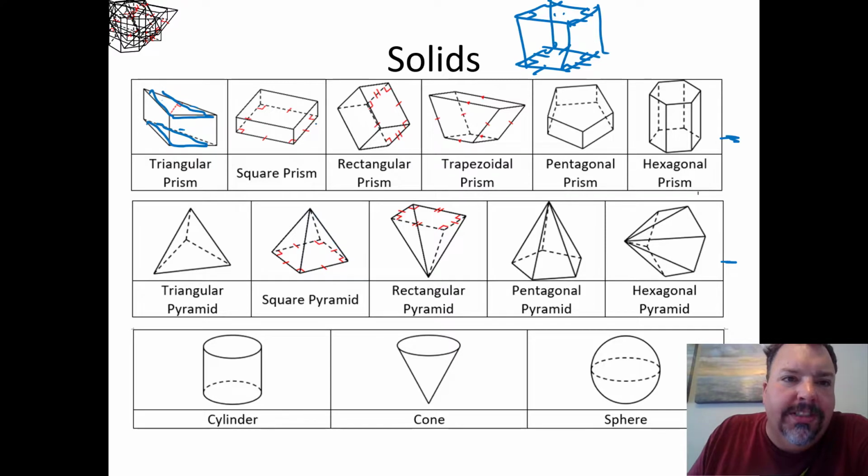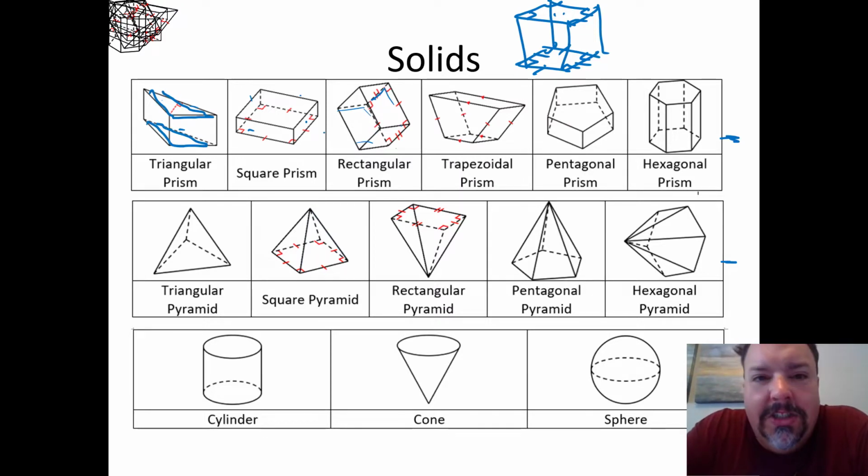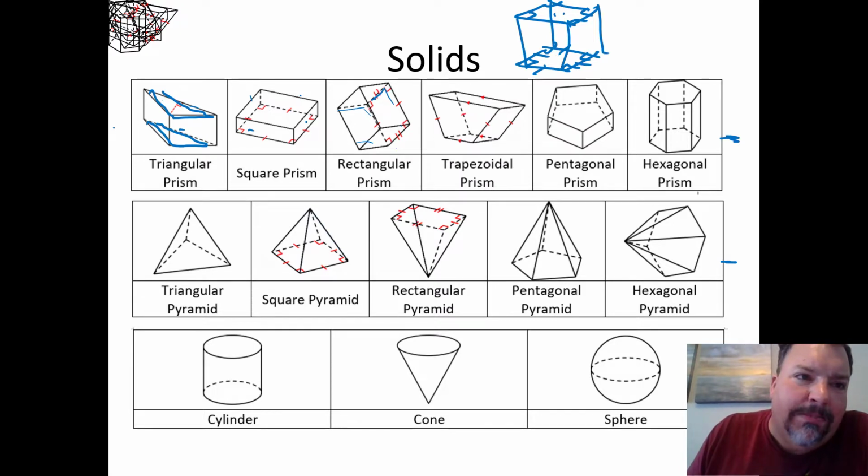Here is a square prism. It's going to have a square on the bottom here. It's going to have a square on the top, and it's got rectangles going around it. That is a square prism. A rectangle, we got a rectangle for one of the faces. We got a rectangle for the other face. That makes the top and the bottom, and it's got rectangles going all the way around, so it's a rectangular prism. So prisms are basically like boxes,